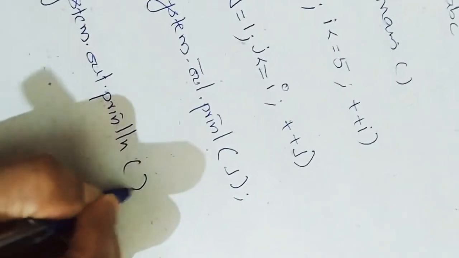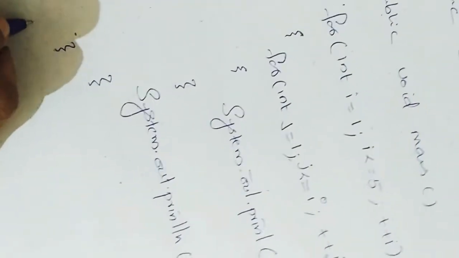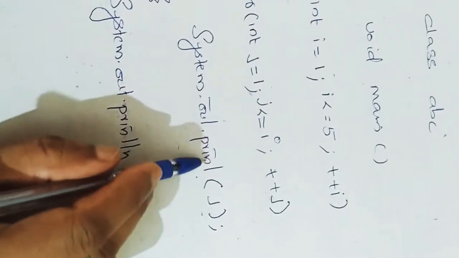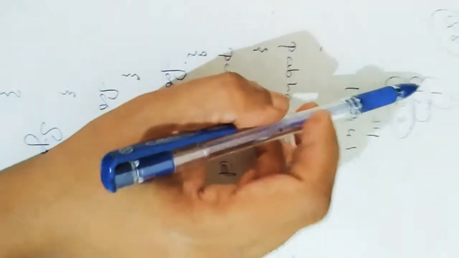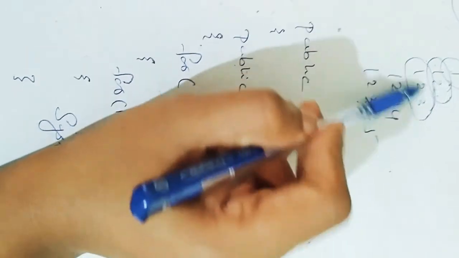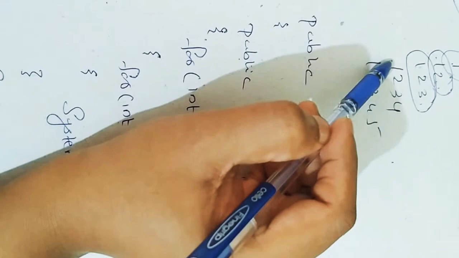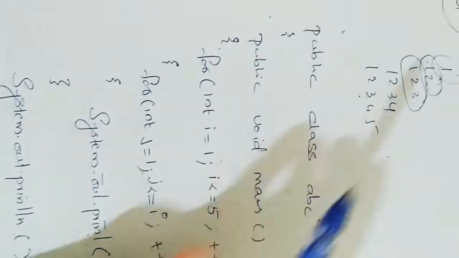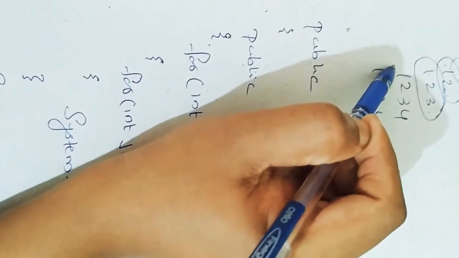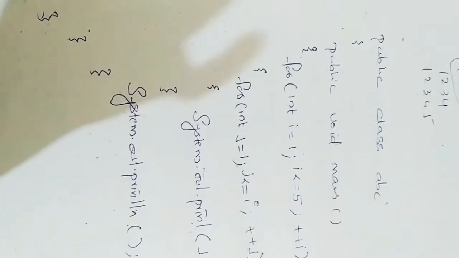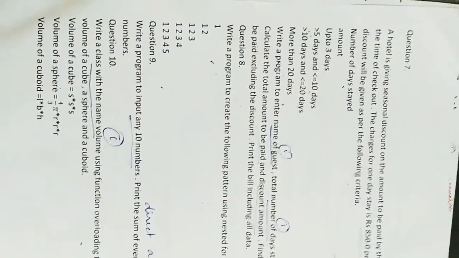This is the basic thing for printing a pattern. For loop closed, method closed, class closed. Inside the loop for printing the statement it is print j, and outside the inner loop it is println. Why is it so? Because when you write print j, it will print 1, 1 2, 1 2 3 together, and only when the condition gets false will it come out of the inner loop, and there is a println, so it moves to the next line. That is why in the outer loop it is println, and inside the inner loop it's print. Please try the variable description for that with i and j.